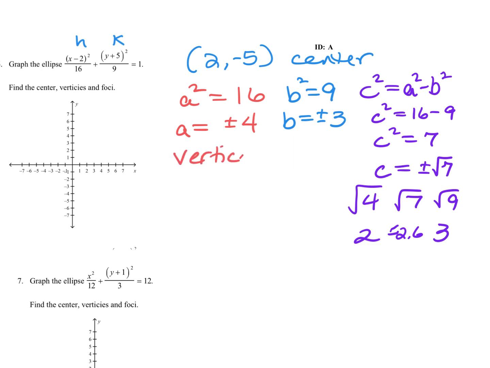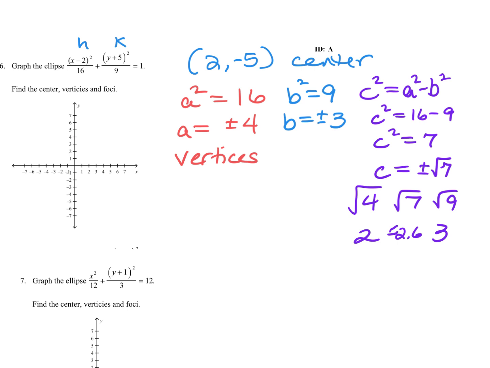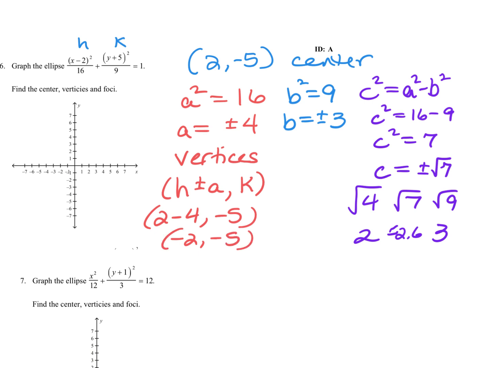So for the vertices, we're still going to need to incorporate that center point. Wherever a squared was located, that's where I'm adding the a. You see how a squared was under x squared? So when I go to take my h and k, I'm going to add my a value to the variable it was under. And you see how it was under x squared, so that's where I'm adding the a. So for my vertex here, I'm going to take 2 subtract 4, comma, -5. -2, -5 is my first vertex,